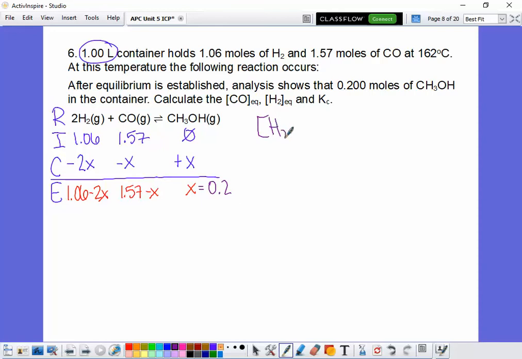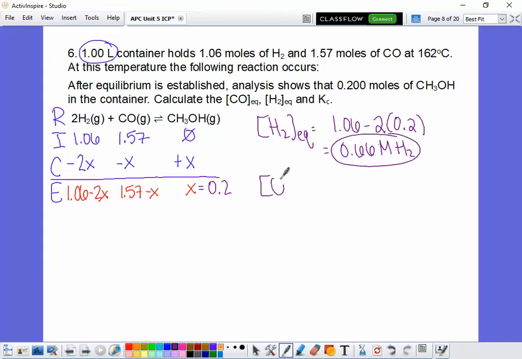So for H2 at equilibrium, it's going to be 1.06 minus 2 times 0.2, which is 0.66. What are my units? Molarity, and that's of H2. And then for CO, we're going to have 1.57 minus 0.2, which is